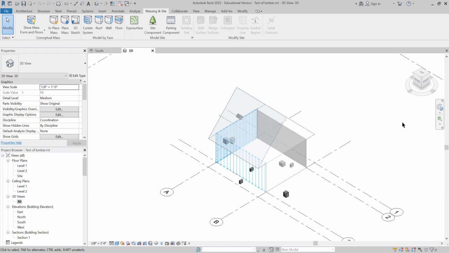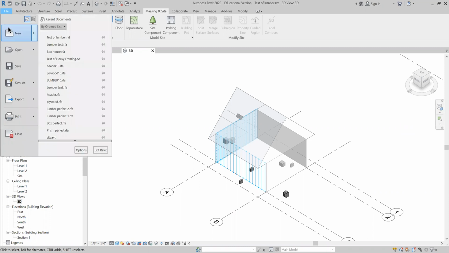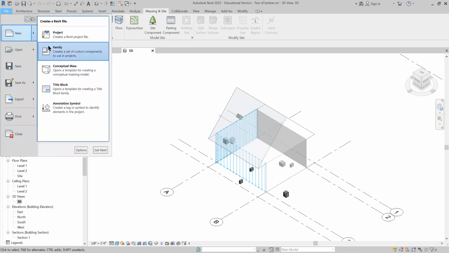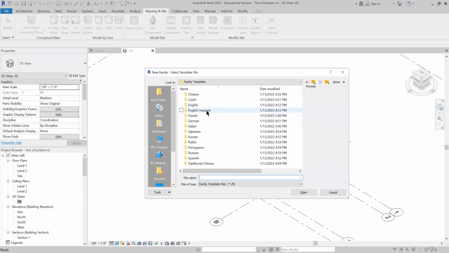The next thing I'm going to do is create the lumber object. Just keeping in mind that there are three families that I want to create to make this: a lumber family, a plywood family, and a void family for cutting things. So, to make the lumber family, I'm going to go to New Family, and I'm going to find my generic model template,